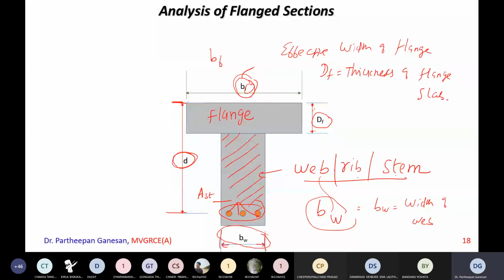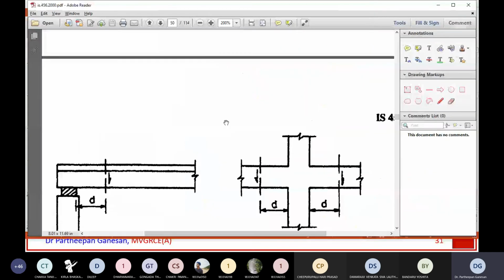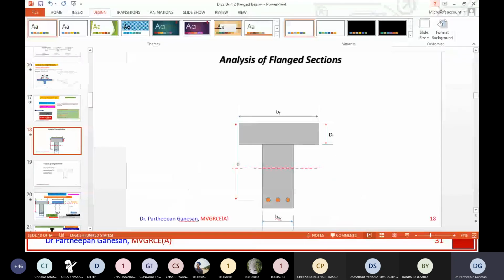Naraju, are you there? Yes, sir. Any doubt in this one? No, sir. And what about Mr. Janaki Ramaya? Yesterday also he did not answer. Let me see today is he there or not? Ramaya, are you there? Hello?